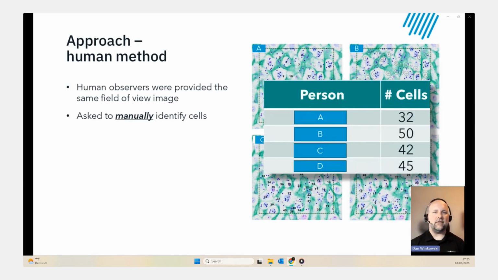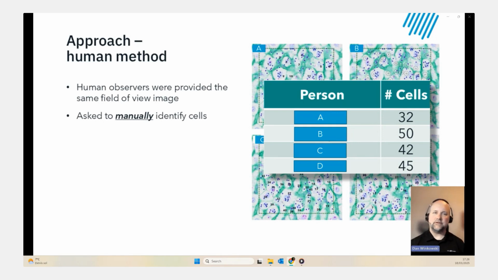And as you can see, if we tally those numbers up for each observer, there's a wide range, right? There's anywhere from about 30 cells to 50 cells, and that's a big difference. With such a large range in the data, there's also some considerations for the downstream results. Remember, we're ultimately trying to count the dots in each cell, and we have a big difference already with just the cell